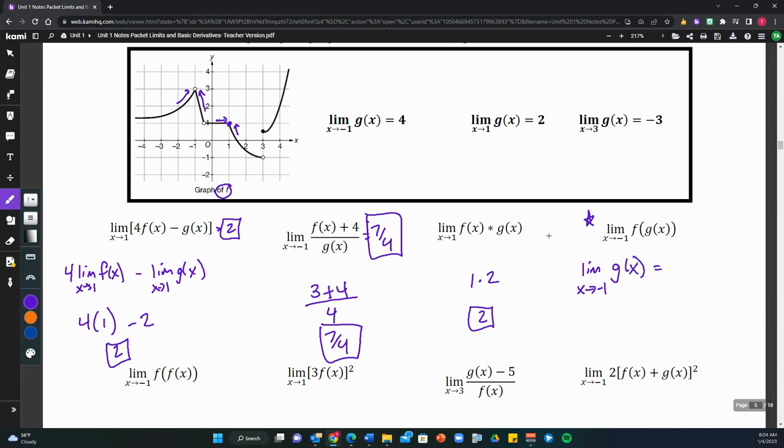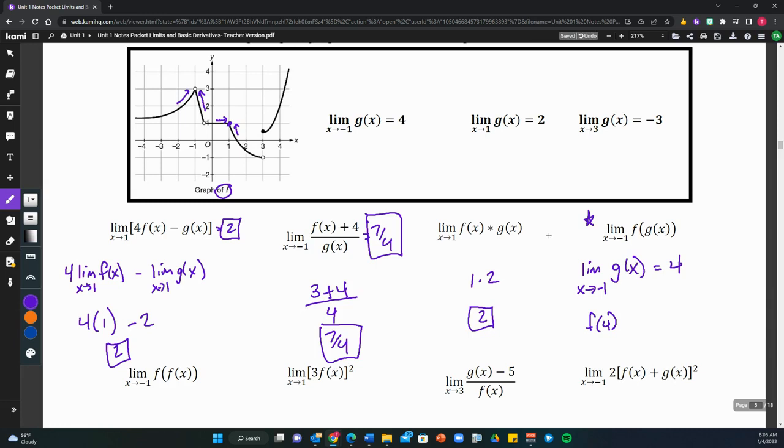So we need to evaluate this. The limit as x approaches negative 1 of g of x, they gave that information to us as 4. Now we need to take this value and use it as an input to f. So I am trying to evaluate f of 4, but the rule is the only way that I can do